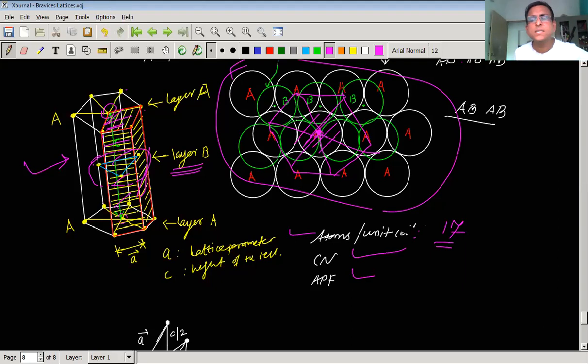So we were discussing the number of atoms in a unit cell. To calculate that, if we see the atoms at the corners of the basal planes, there are 6 atoms in the upper and lower basal planes. So 6 plus 6, it will be 12. But since this happens to be at the corner, only 1/6 of the atom will be shared by a particular lattice point at the corner of the basal plane.